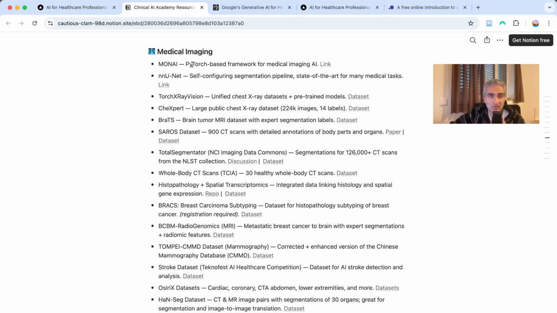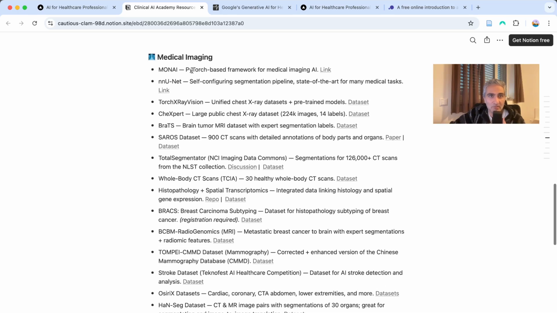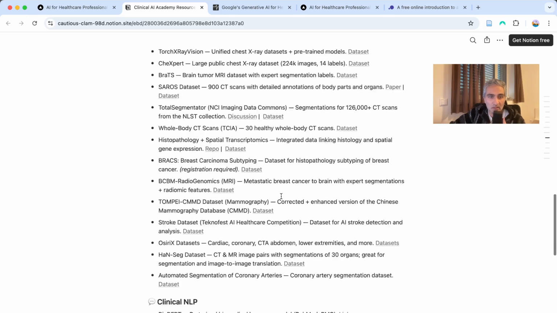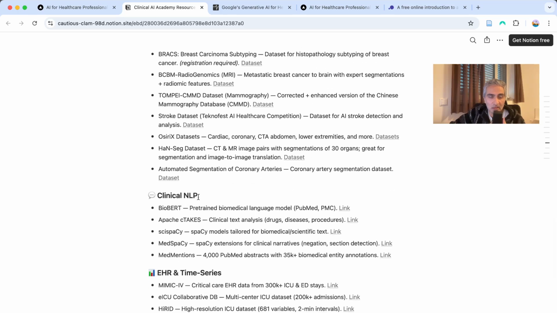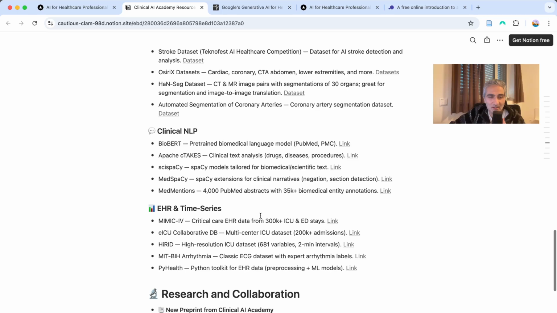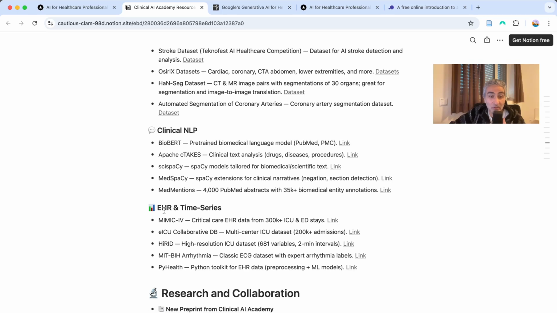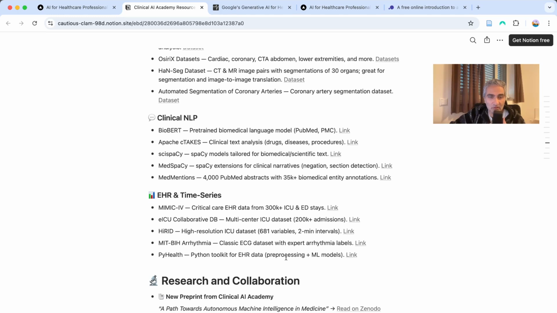These are, for example, data sets on medical imaging, and then clinical natural language processing, and then for electronic health records and time series, also data sets that you could use to develop